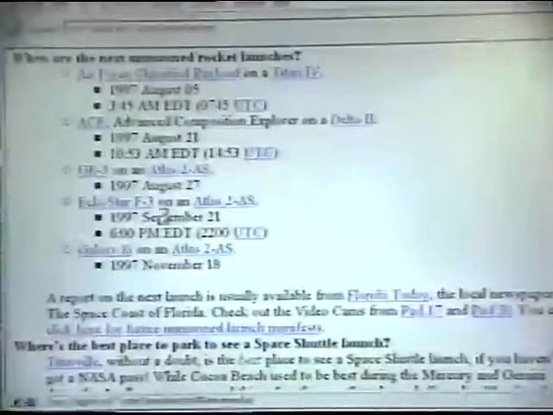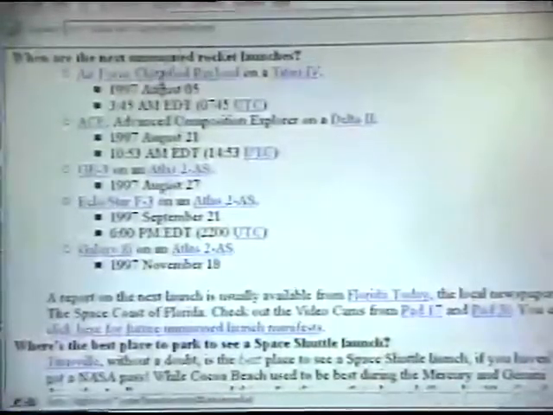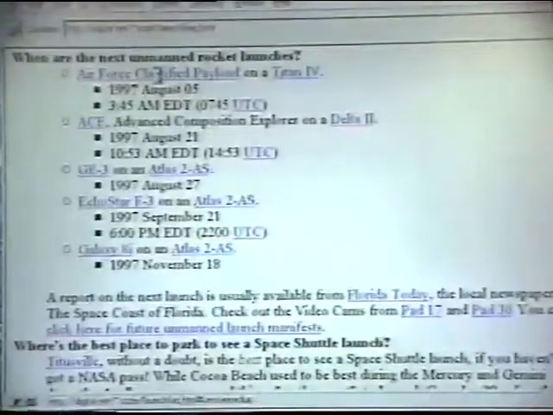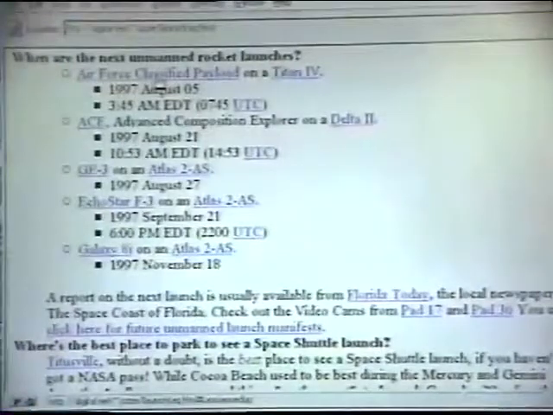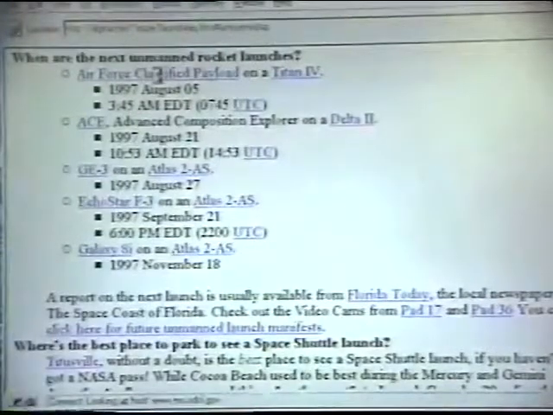Unmanned launches. And we find that the Air Force has a classified payload going up. Golly, isn't that interesting? I wonder who we should link to for further information about the classified launch. So we'll just click on that and find out where we're going. And we wind up visiting,